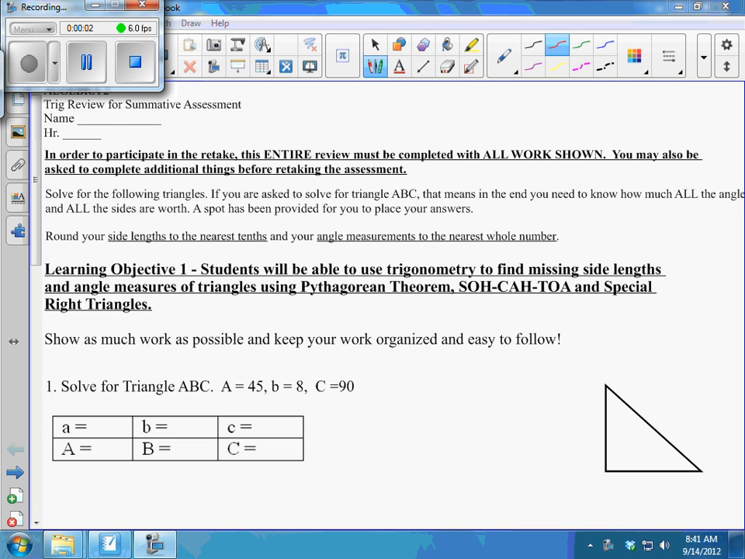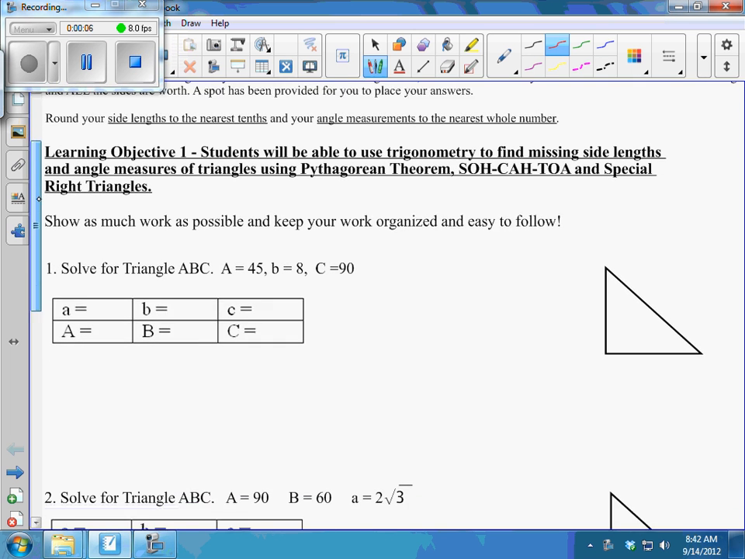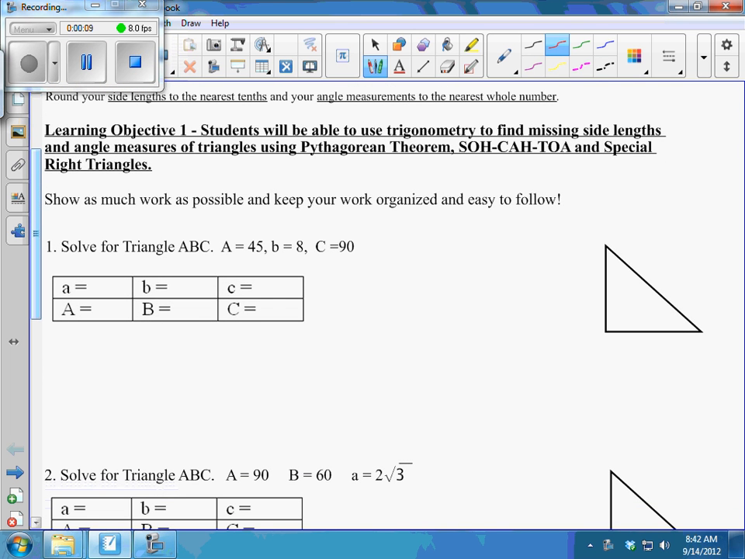Okay, everyone, we're going to start the review for the trig assessment. I'm going to start with problem one. One thing with the triangles, when you label them, don't automatically assume what your right angle is going to be. So when I look at what's given in the whole part with 45, 8, and 90, angle C is the